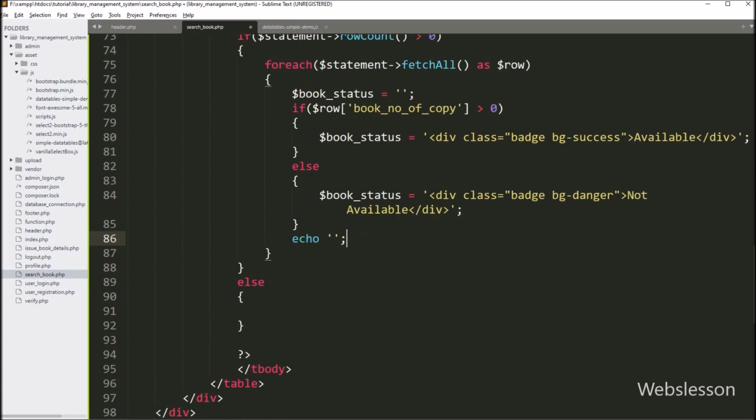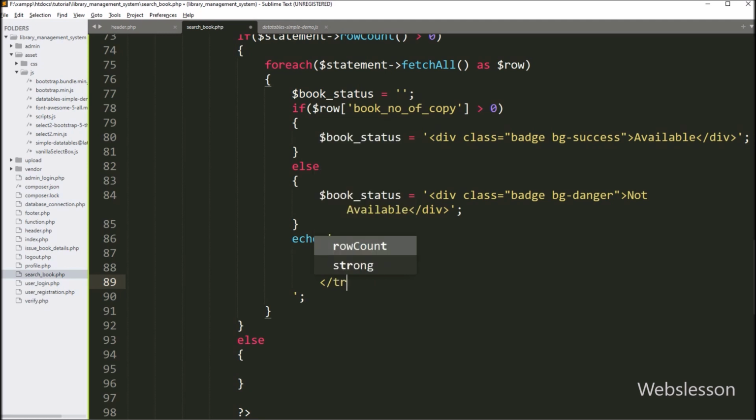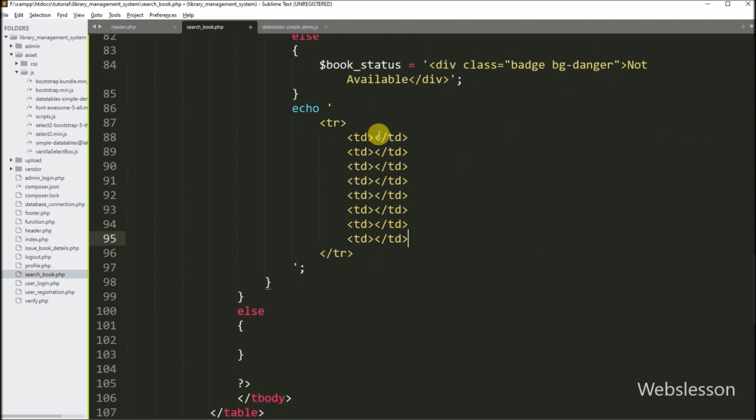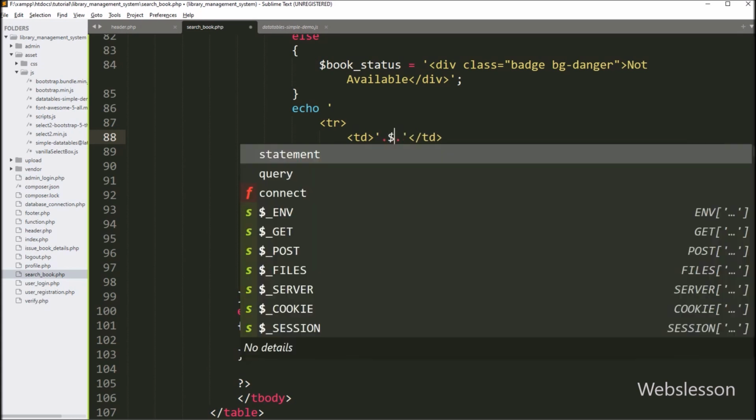Next below this, we have to write a PHP echo statement with open and close table row tag, and between this, we have to create 8 table columns. In the first column, we want to display the book name, so here we have to write the $row book_name variable.